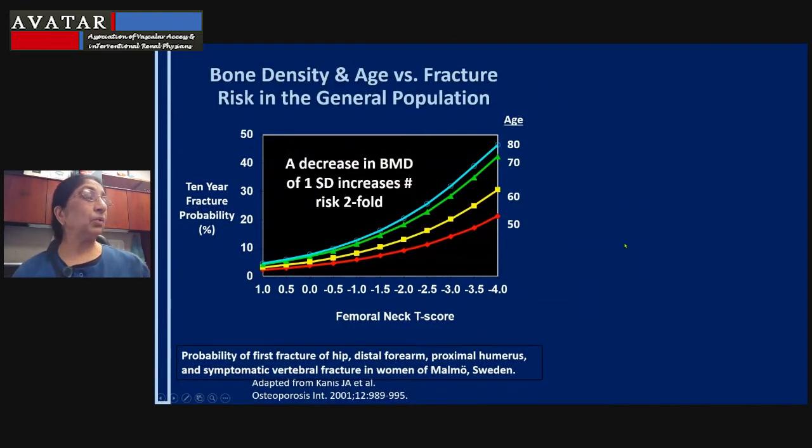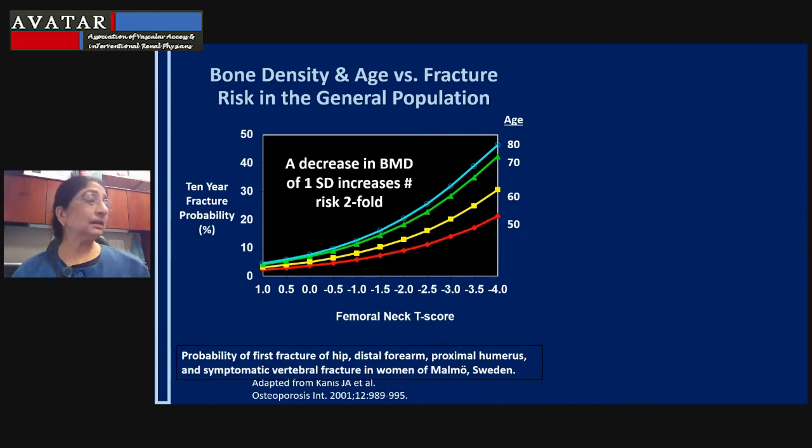So when we look at bone mass or bone density in the general population, we know that there is a predictable relationship between the change in bone mass over time across the age spectrum, and the decline in bone density has a predictable relationship to the risk of fracture. And indeed, this is the relationship that is incorporated into calculators such as the FRAX, which gives you the probability of fracture over a 10-year period.